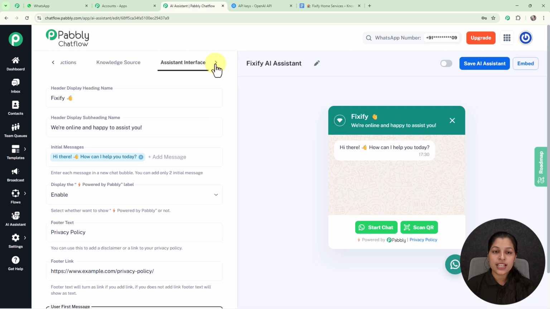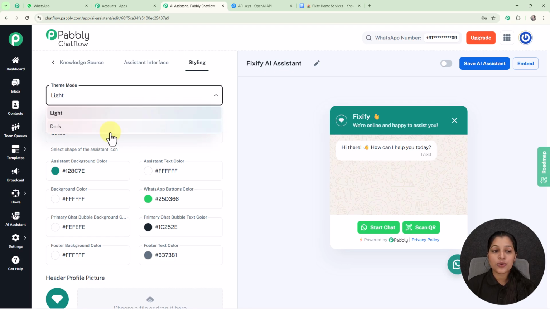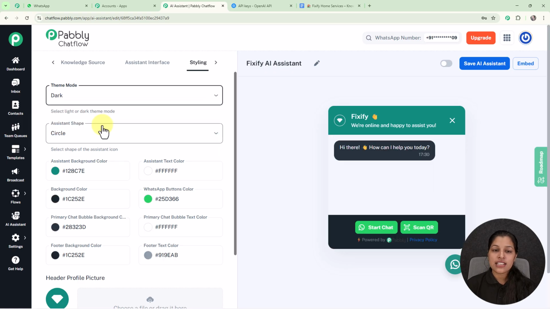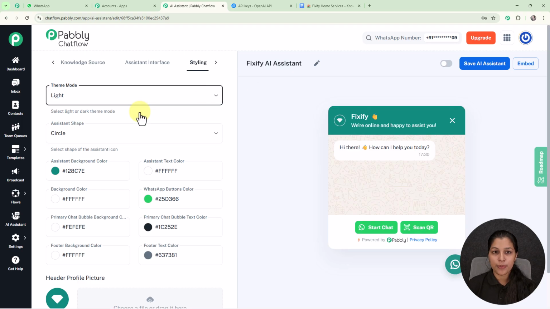Now let's move on to our next tab, that is styling, and customize the visual appearance of our AI assistant. So here the first option we are getting is for selecting the theme mode, which is already selected as light, but here I am going to select dark to see the changes. And here you can see as I have selected the dark theme mode, the changes can be seen in the preview of your chatbot. So here I am going to keep it as light,